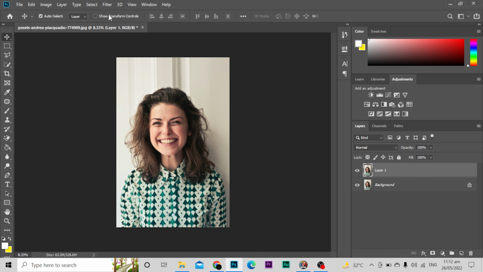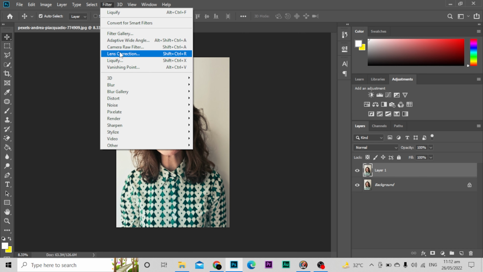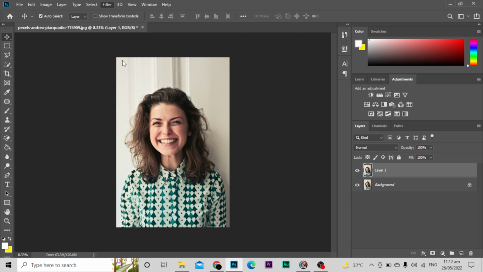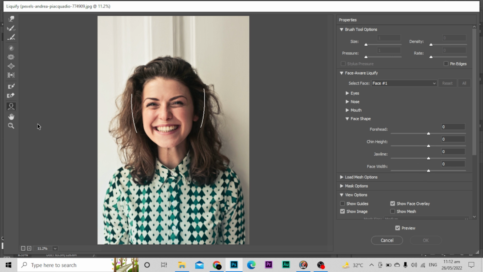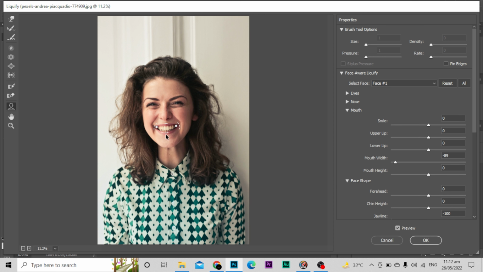Now what I'll do is I'll go to this filter option and select Liquify. So it has opened, as you can see, a new tab, and basically we have to select this option, face tool. So you can basically slim your face like this. It is really simple. You can basically change the smile,